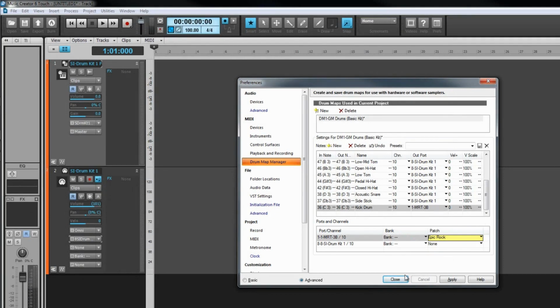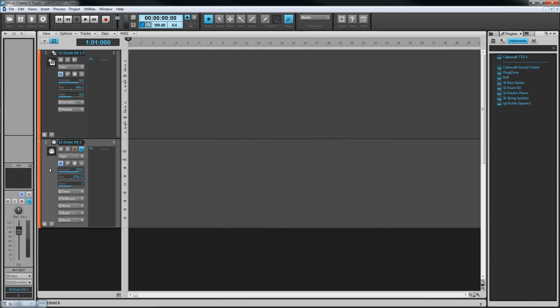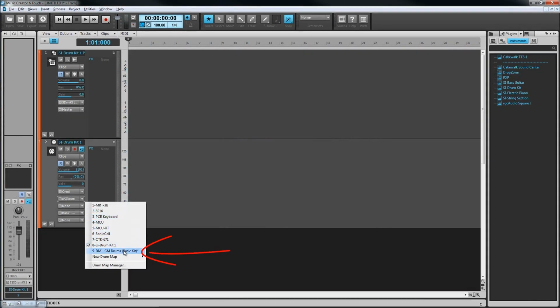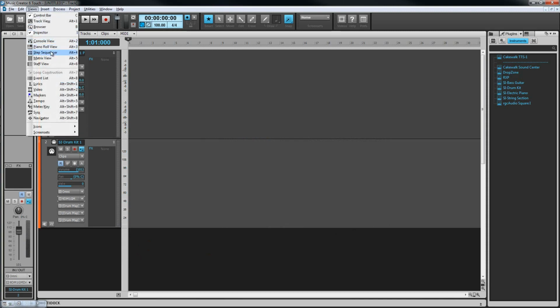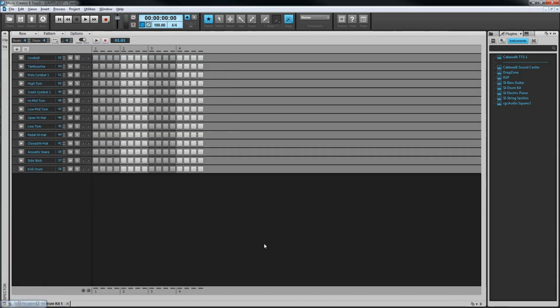Any ports chosen in the output will show here. Now that's all set up, the new drum map appears as a virtual output in the MIDI output drop-down. I'm going to choose that as our track output, and then I'm going to open the step sequencer ready to program our drum line. The step sequencer is open by selecting it from the Views menu or pressing Alt+4 with